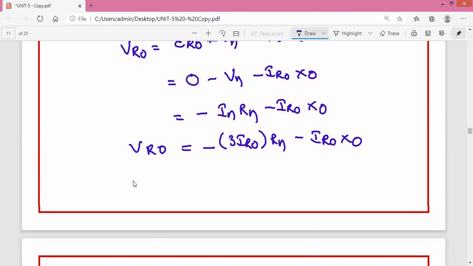So I am writing it in a simple manner here. VR naught is equal to minus 3 IR naught Rn minus